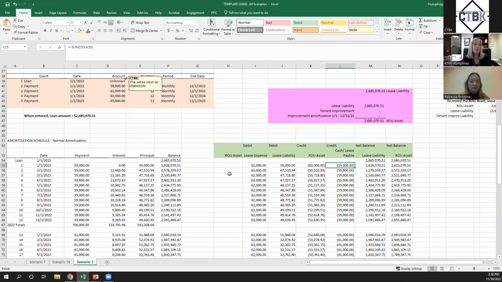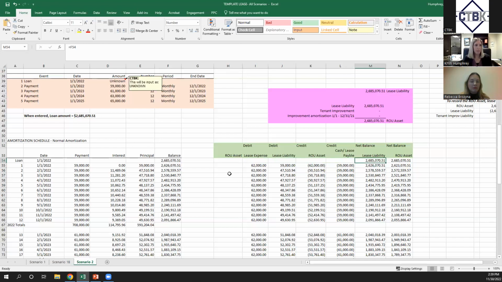So in the first year, it's going to be $59,000 a month. In the second year, it's going to be $61,000 a month. In the third year, $63,000 and so on. And then for ease of calculation, my right of use asset is essentially my plug. We have a formula built in here, but it's essentially what I need to balance these entries to zero. Again, to make sure I've done all the counting correctly,